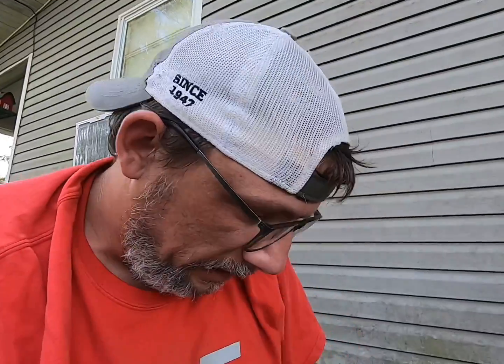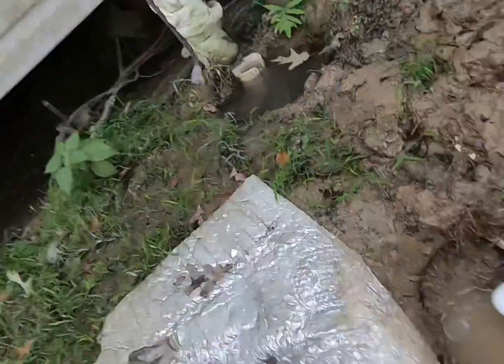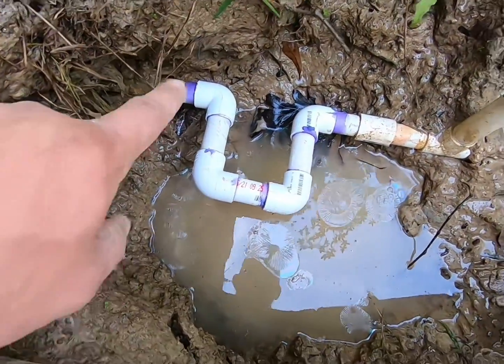Alright, so we're gonna give that about, oh, sorry, dropped the camera. We're gonna give that about 15 minutes or so. Ashley and one of the boys is not home, the other one's still at football practice. So I'm gonna give that about 15 minutes to dry. So got all that glued, primed, cleaned, and we're gonna see how that goes. So I'll be back with y'all here in just a little bit when we get ready to turn that water back on. Okay, so it's been about 20 minutes, 25 minutes,